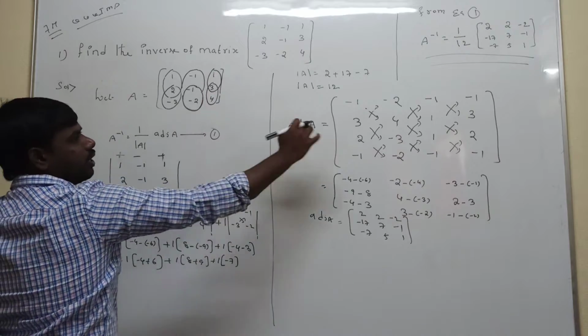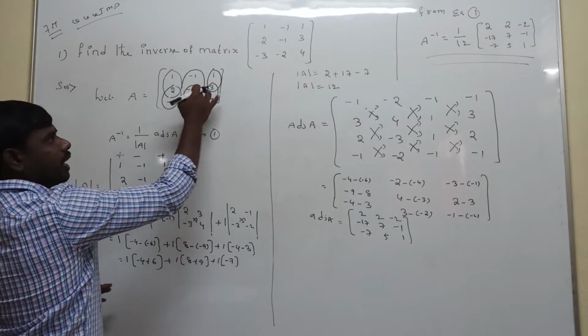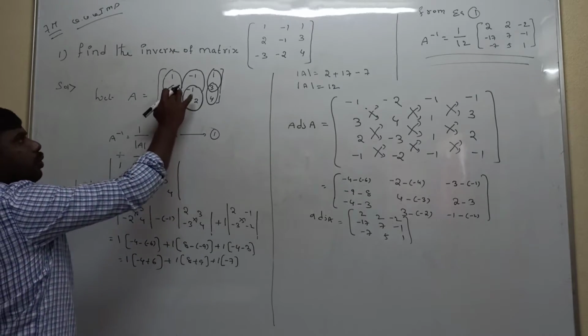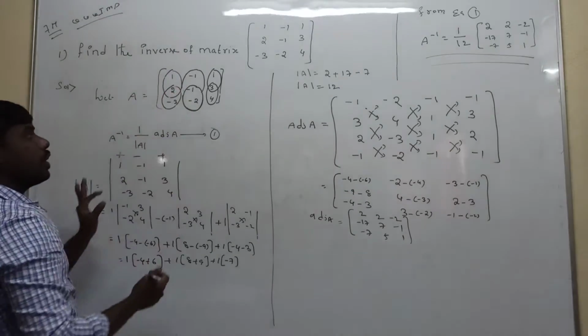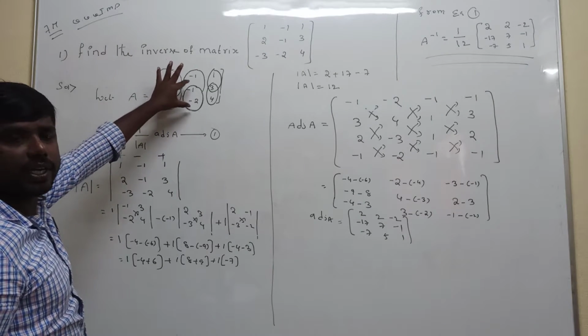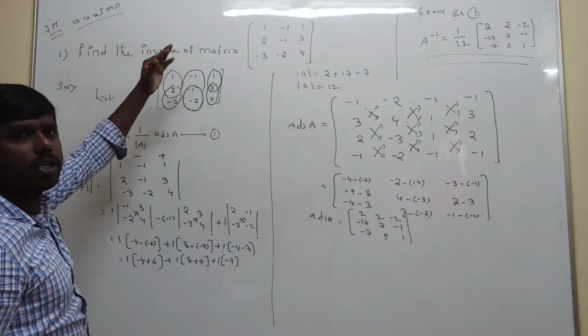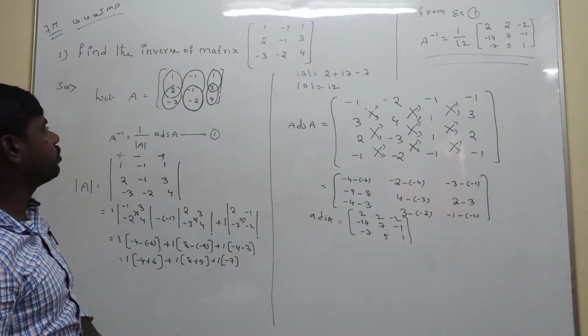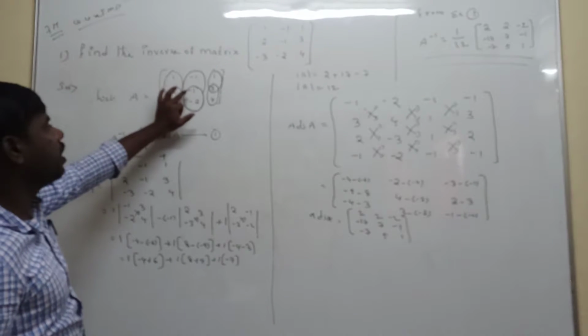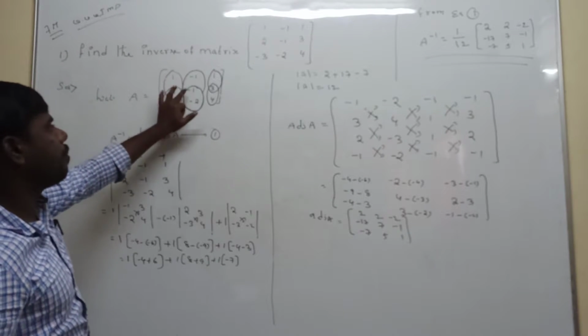3 4 1 3. Next, middle is over, right hand side is over. Next we are going to the left hand side. Middle and down: 2, minus 3, 1, 2. Next, where we are starting from the elements, the final also stops there. We take the first here, and the ending also here. That's why the ending point is minus 1, minus 2, minus 1, minus 2.